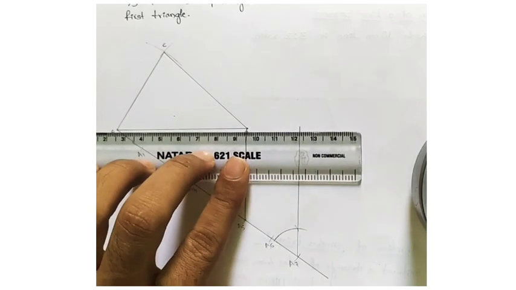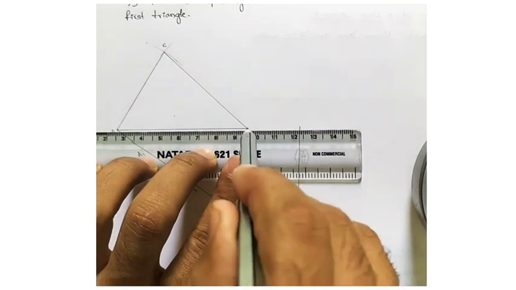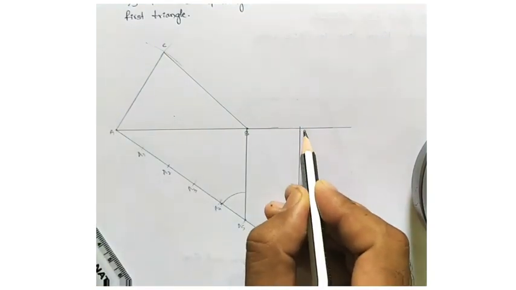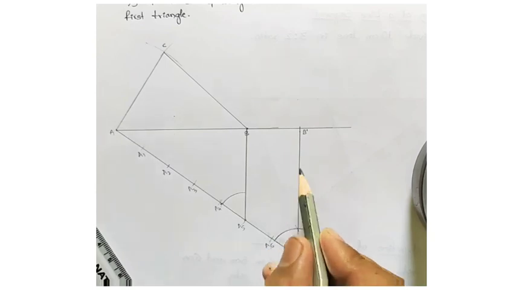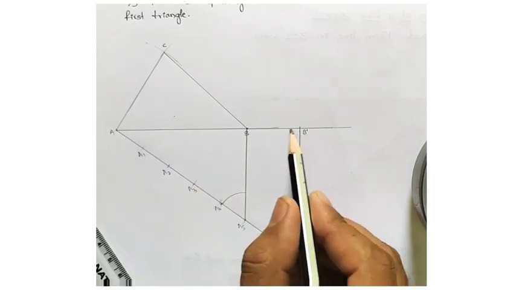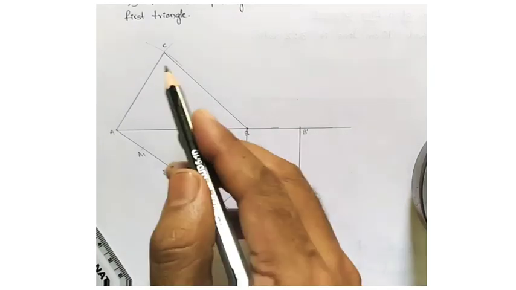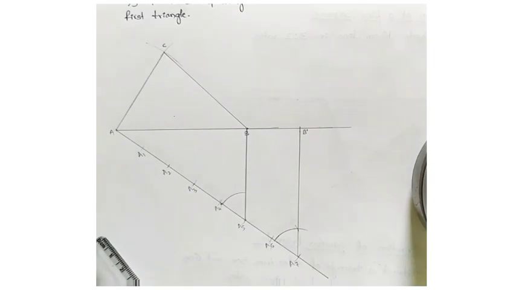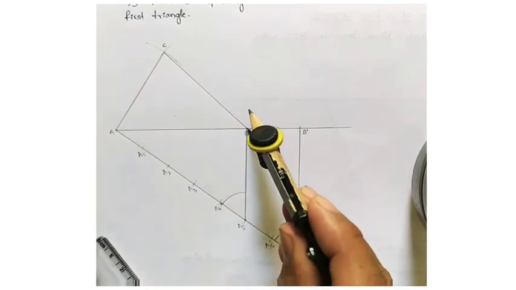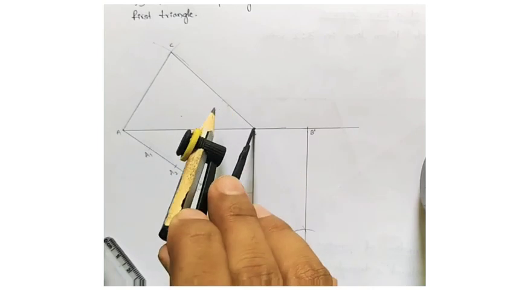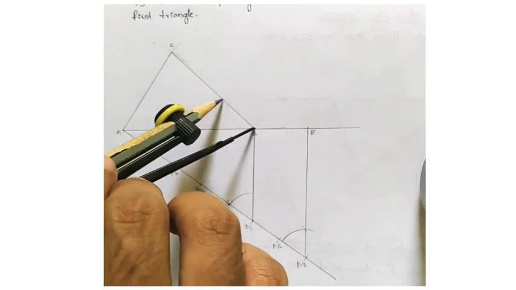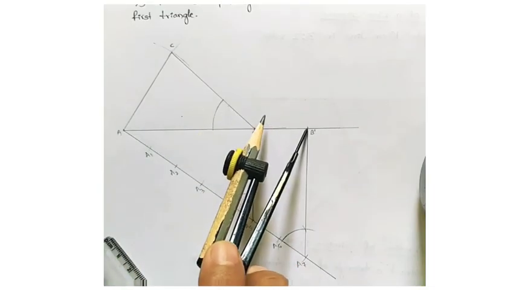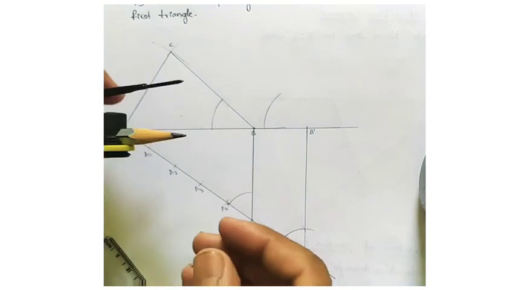Now extend the base of the first triangle. So here we got the new base of the similar triangle, that is A to B dash. From B dash we have to draw another line which will be parallel to CB. So again you have to do the arc from B. Same arc without changing, take from the B dash, measure the first arc.